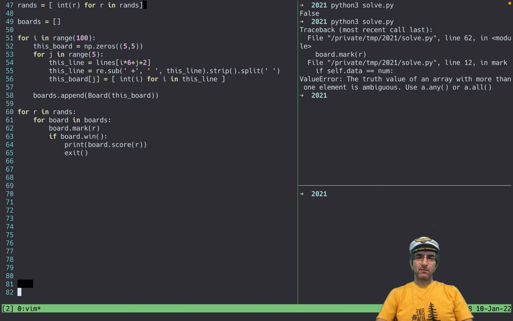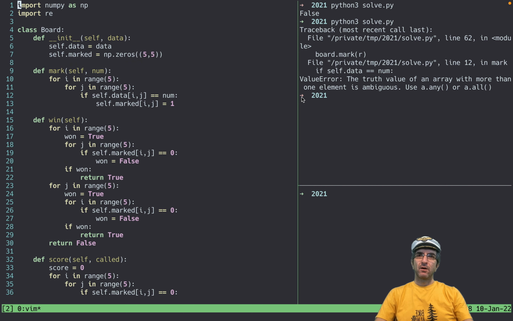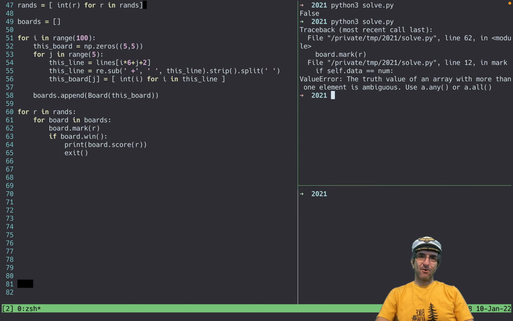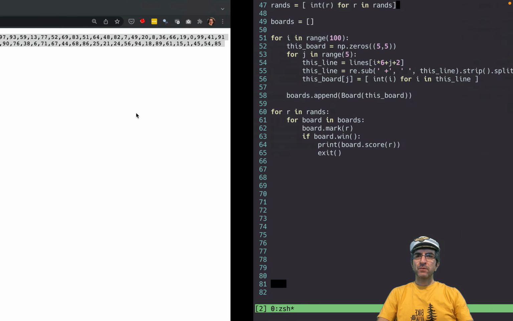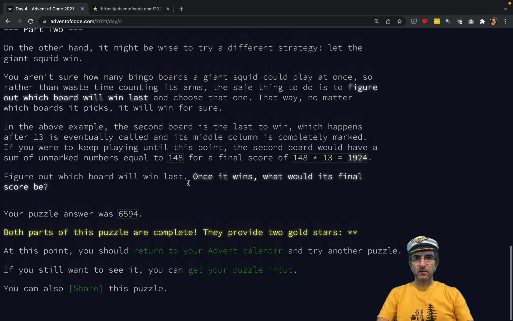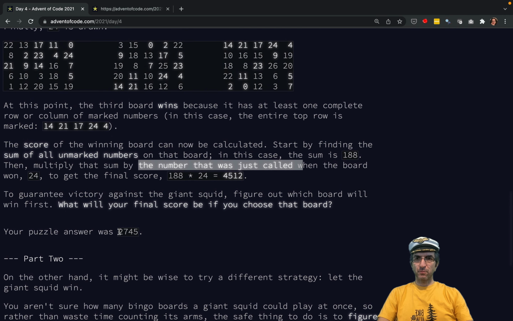That's why object-oriented programming is good for medical programming. You saw the problem, right? I just said if self data. It's self data i and j equals to none. Okay, once more. And this is the correct answer. It's good that you saw that we always do wrong things, we mistype things, we search, and everything. It says, okay, the correct answer for the first winning board is 2745. And in the question, I have said the same thing. Yes, for the first part, I said 2745.